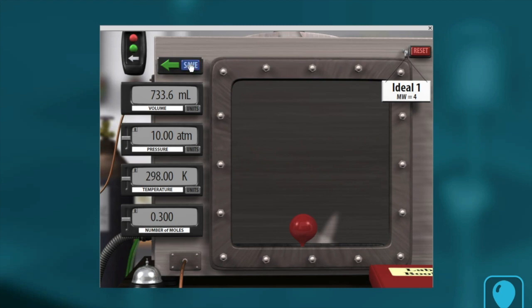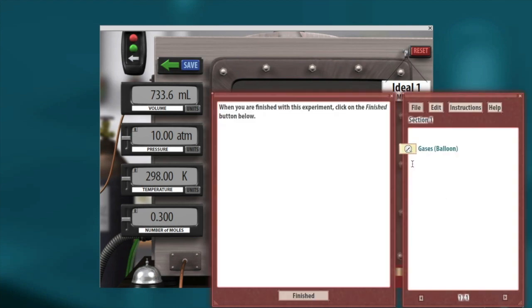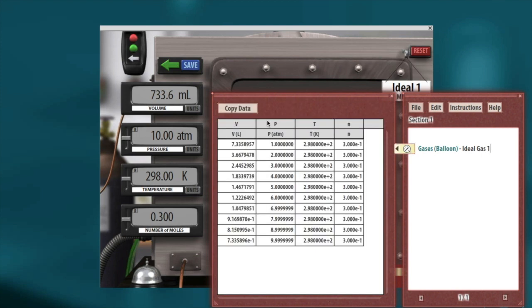Click Stop. This creates a data sheet for your ideal gas 1 in the lab notebook. Type in a label on the right. Don't try to replace the label that's already there, as this will erase the data that you collected. You can copy the data,